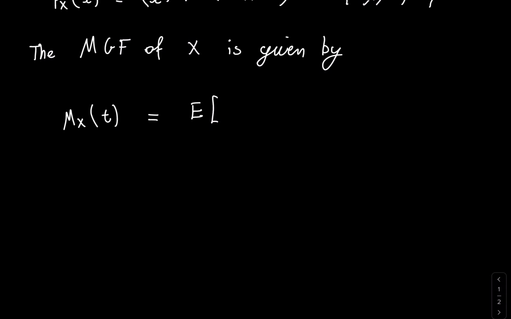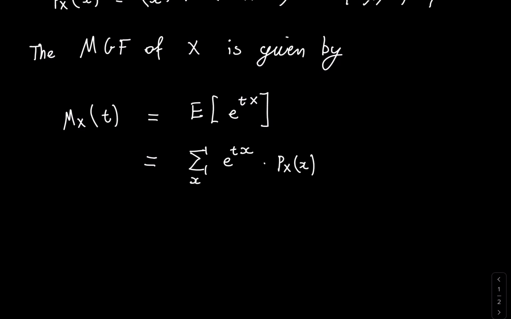It is the expected value of e to the power of t multiplied by the random variable x. Now, for a discrete random variable, which the binomial distribution is, we can rewrite this as the sum across all x in the sample space of e to the tx multiplied by the